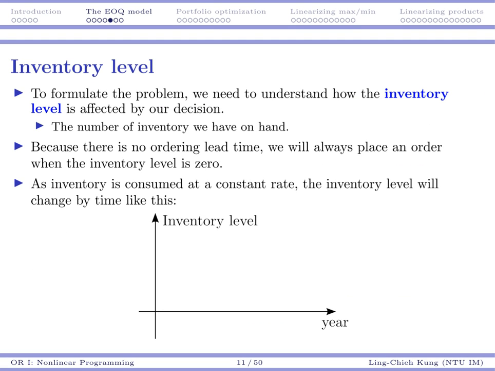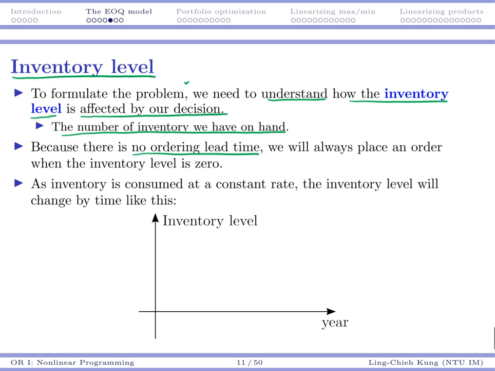So the key for formulating an EOQ problem is to understand what's going to happen at your warehouse, what's going to happen at your inventory. So to formulate this problem, we need to understand how the inventory level is affected by our decision. And inventory level, briefly speaking, is the number of inventory we have on hand. Because there's no ordering lead time, what we need to do is to place an order when we see